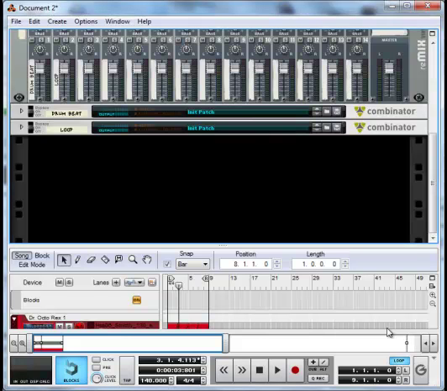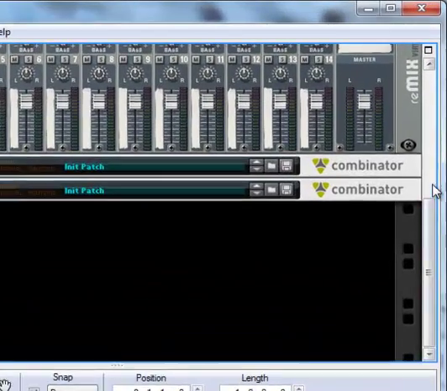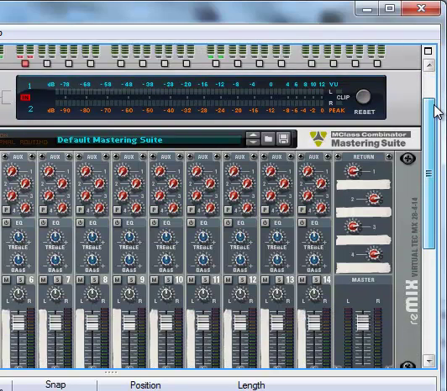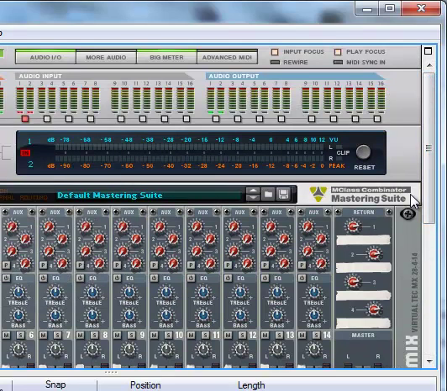Hello YouTube, today we're going to be talking about what I did with my drum beat and different ways you can use Reason. This is the basics tutorial on how to use Reason. Whenever you load up your Reason, you will have nothing besides this